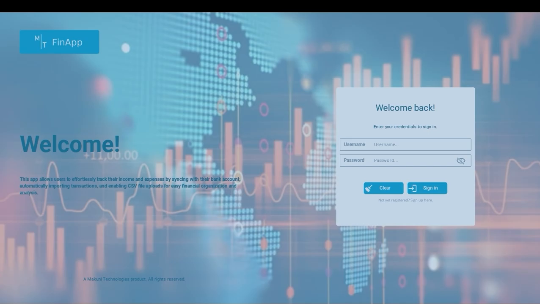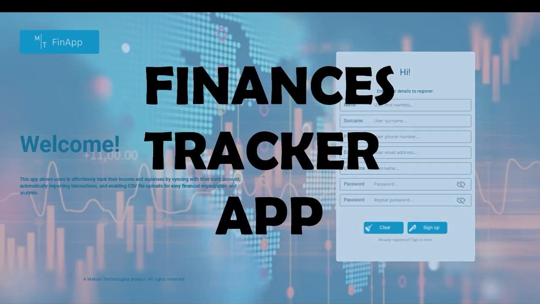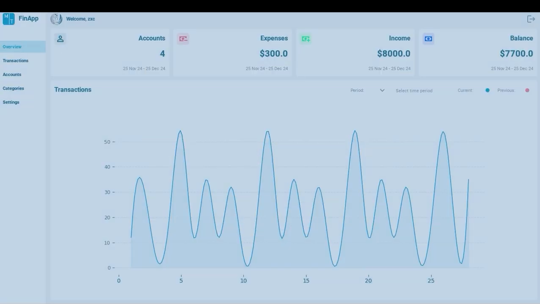By the end of this tutorial, you'll have a fully functioning finances tracker app that you can customize and expand